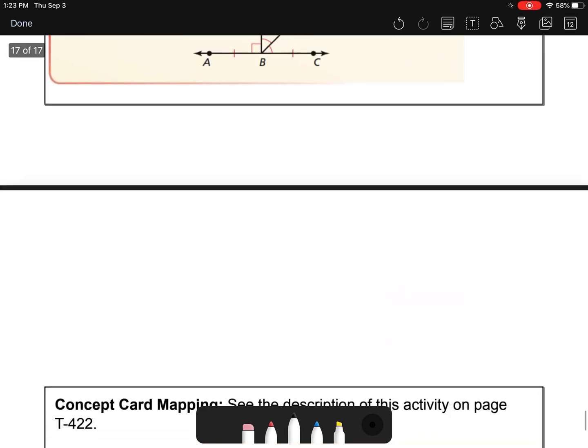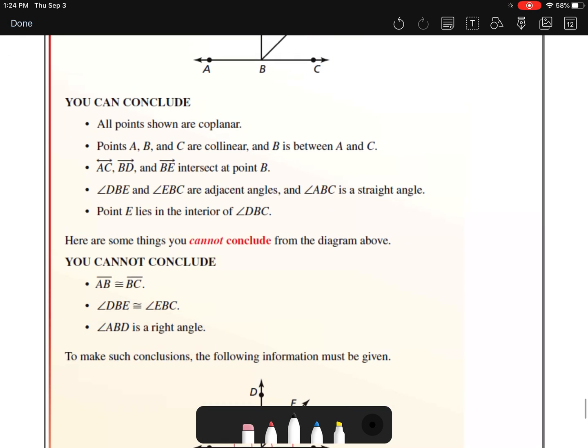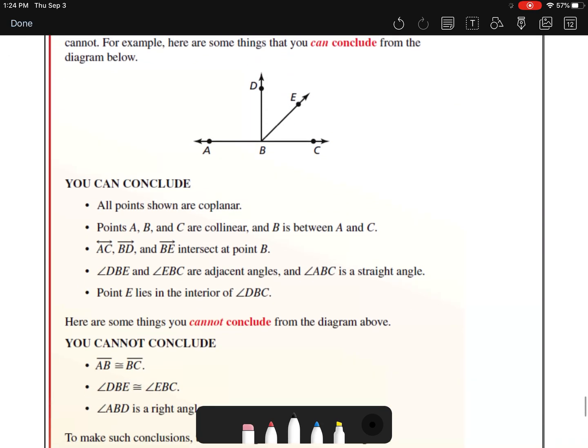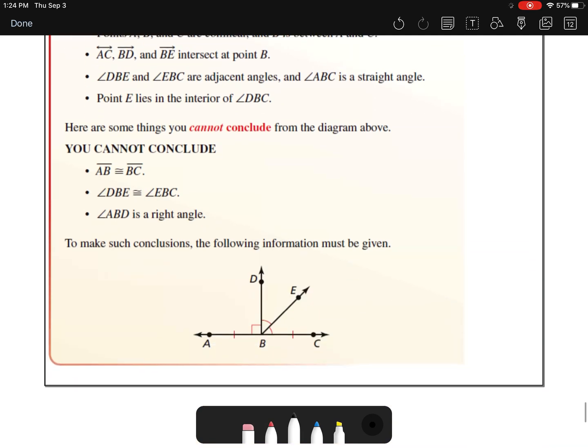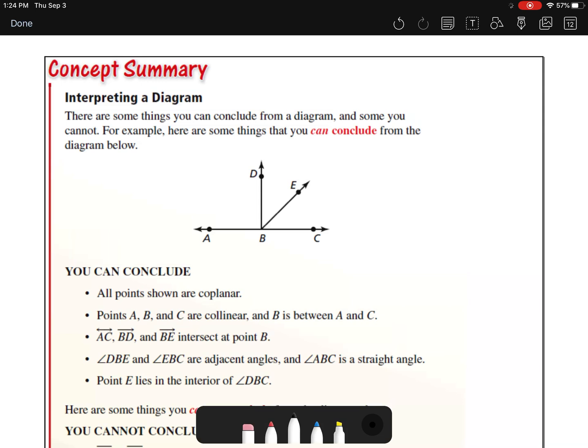All right, now, this is a summary in your book that I really, really, really would like you to look over and make sure you get all these terms, okay? And make sure on your Zooms or in person you ask as many